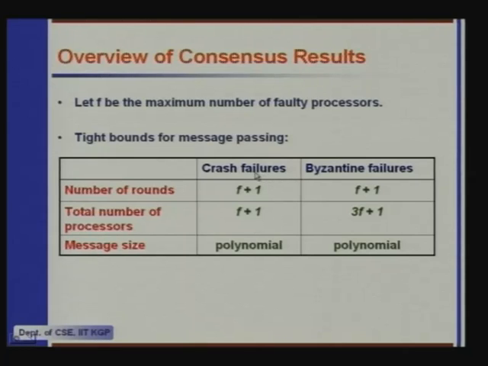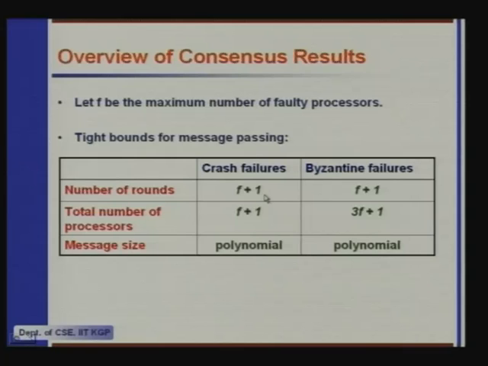Now, if f is the number of faulty processors, so suppose we have f crash failures, then in order to arrive at a consensus, the number of rounds that a protocol must have is